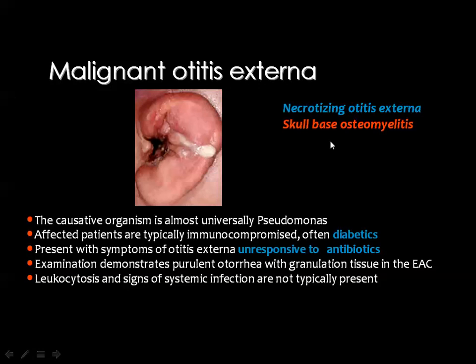This is an aggressive infection usually seen in diabetic patients, and the most common contributing organism is the Pseudomonas, and this infection is usually not responding to antibiotics. It will involve the external auditory canal as well as the adjacent structures, both bone and soft